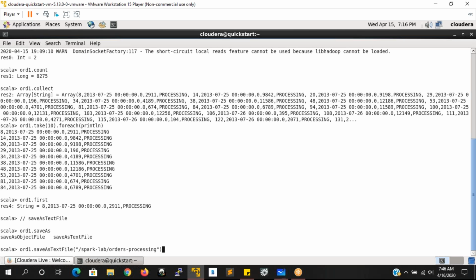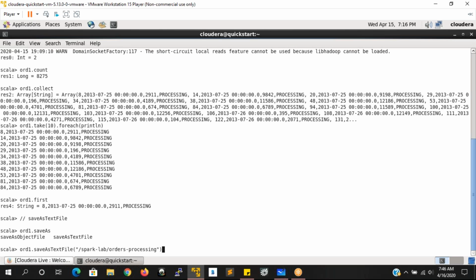If the directory does not exist, it is going to create the directory and store the data. And always remember, you should not give a directory which already exists. You should always go with a new directory where you want to store your output.